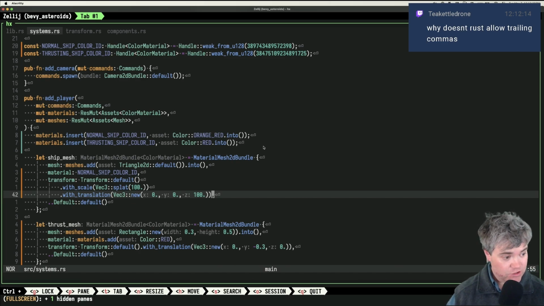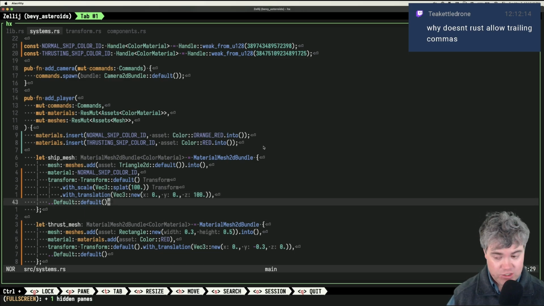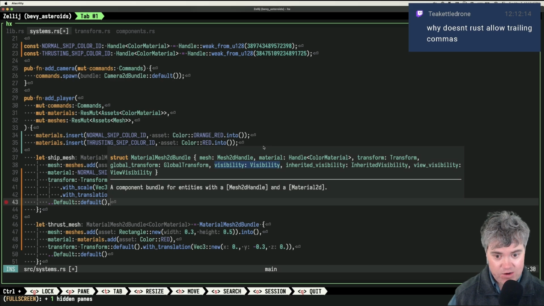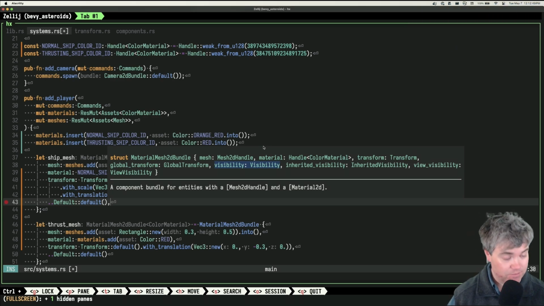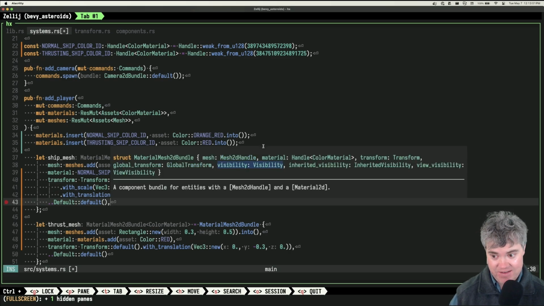So it does allow trailing commas on most things, but this default here doesn't allow a trailing comma, because that would be an indication that something could be added after it. But the way that default works is that it spreads all of default's results out to the rest of this object, which means there literally cannot be anything afterwards.